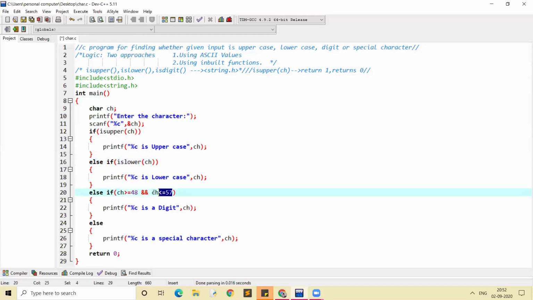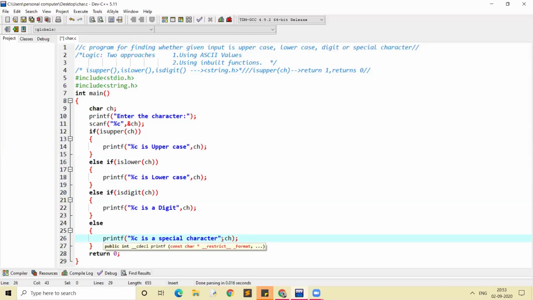Otherwise, it goes to the next condition and checks isdigit of ch. If it is a digit, it will print it is a digit. If not, it prints it is a special character. We can say that if it is not uppercase or lowercase or digit, we can definitely say that the character is a special character. Okay, this is about the program.